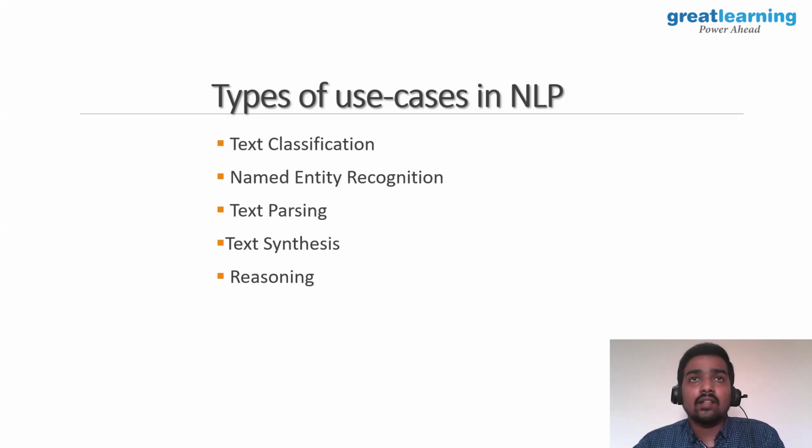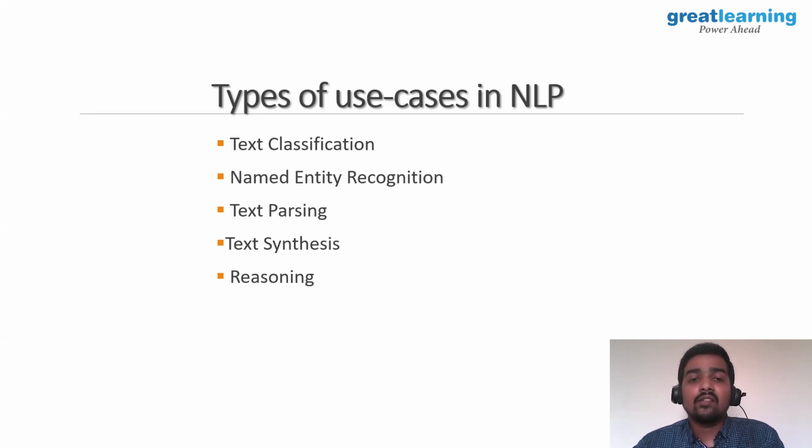And text parsing. Text parsing is nothing but, once given a text, you have to derive some pattern out of it, as I told you in the speech also. So this parsing helps us to derive some patterns and do some more use cases out of it. The text synthesis also is the same. Based upon that given text, you have to derive some meaning out of it, right? Then there is answering the wiki table question, right? You need to first understand what the question is. So based upon the question, we should go to the database, hit it and get the useful information and make it in a meaningful manner before we showcase it to the user.